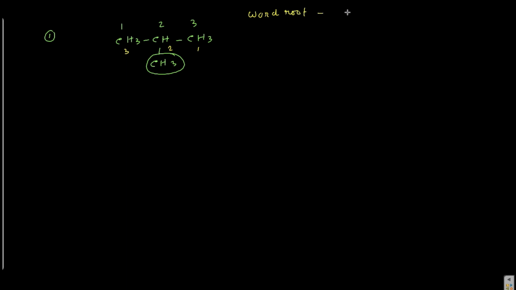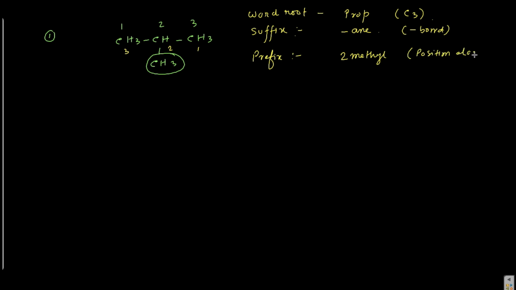the root is what? The prop, because depending on the number of carbons 1, 2, 3, that is C3, prop. Then the suffix is what? Depending on the bond, here all are single bonds, so it is N, single bond, that's why it is N. Here the prefix comes with the substituent along with its position, so the position is 2 and the substituent is methyl. Okay, so position along with the substituent